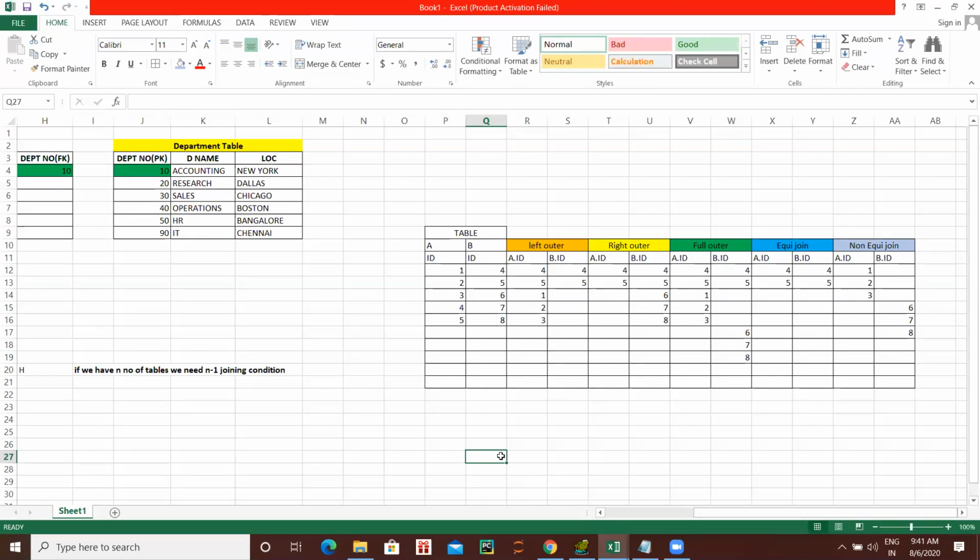This joining thing, you should be confident, and then only can you write the queries. Otherwise, you will make mistakes. And also remember the golden rule: if there are n tables, n-1 join conditions should be there. If you remember this, you are done with your SQL. After that, nothing is there. Okay, so now let's go to your Toad.